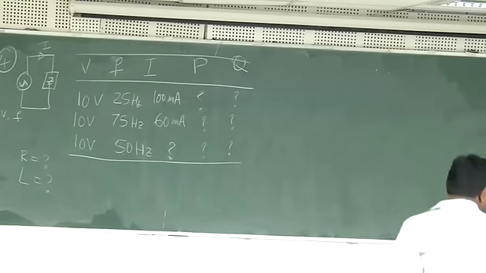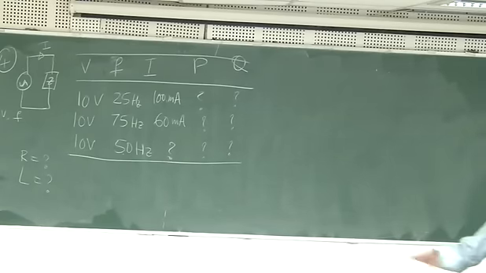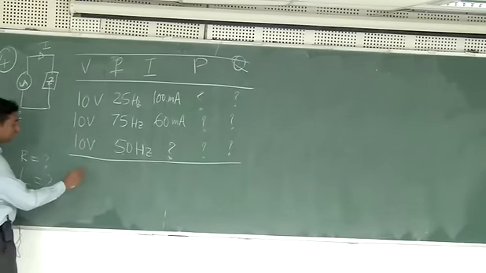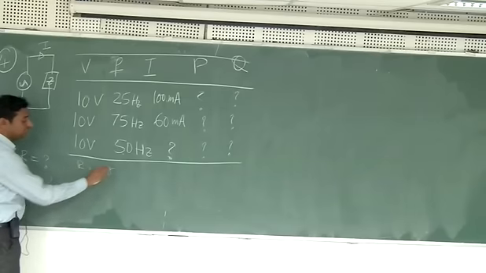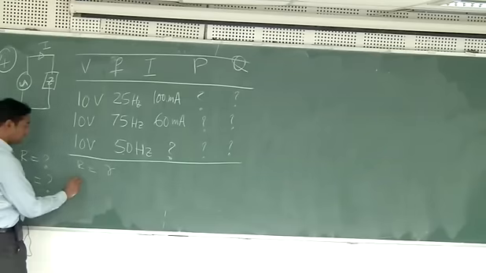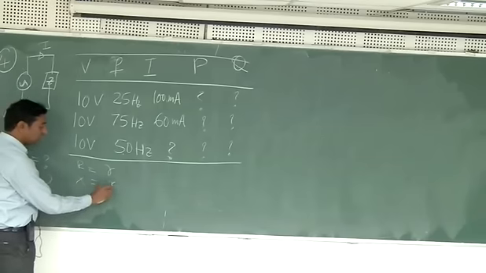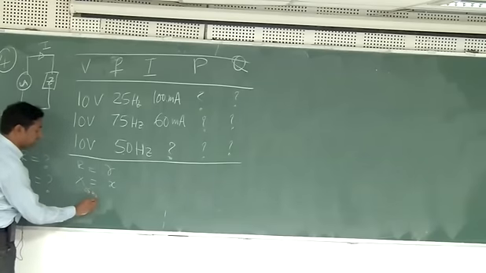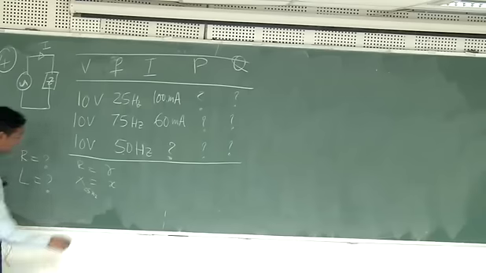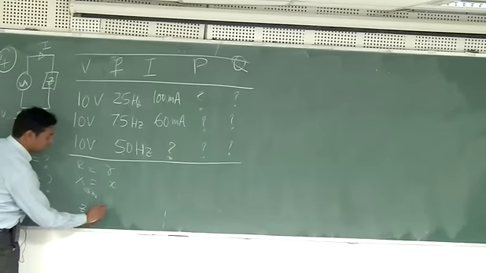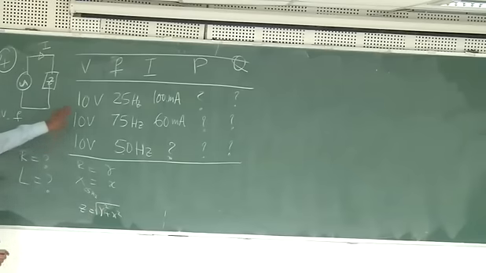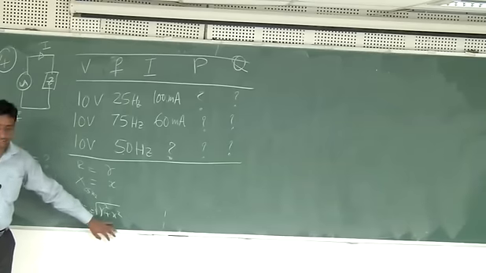Okay, I want to just give you one clue because it might take a long time if you want to solve it on your own. The clue is like this: assume that R value is equal to some variable small r, and assume that the reactance X is equal to some small x, but this is applicable at only 25 hertz. So X at 25 hertz is the small x. Then what is your Z or impedance? That is the square root of R square plus X square. Because you know V and I, you can know what is Z, and these two unknowns are there, R and X.